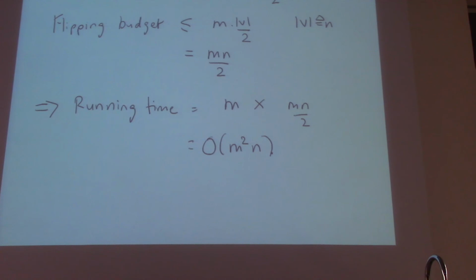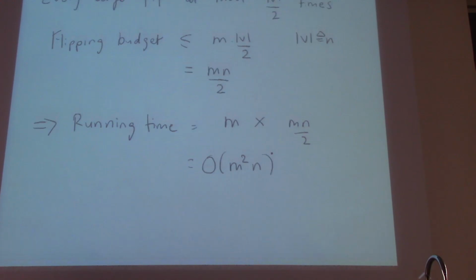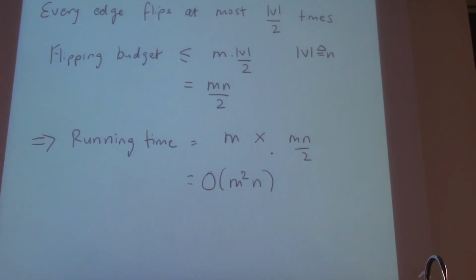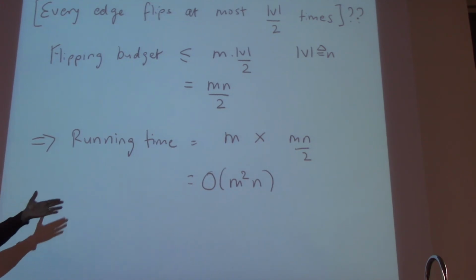So it's in some sense even nicer. It's what is called a purely combinatorial upper bound. It does not depend on actual values of the flows or capacities or anything. It just depends on the structure of the graph, or just on the size of the graph. Of course, I have not yet proven this claim. But let me at least say that if this claim is true, if I can somehow show that this edge does not flip too many times, I get a bound.